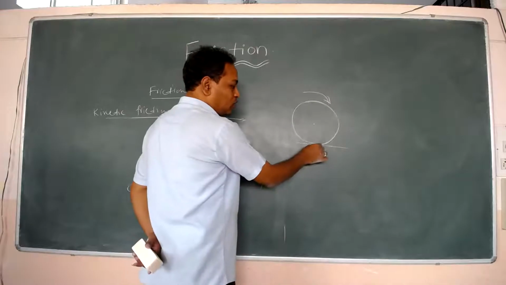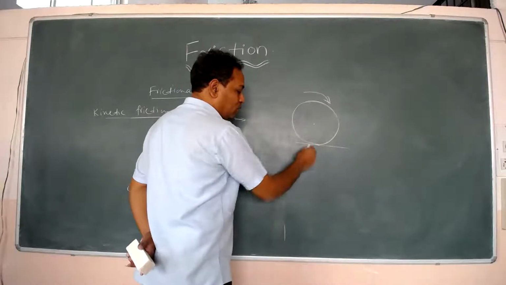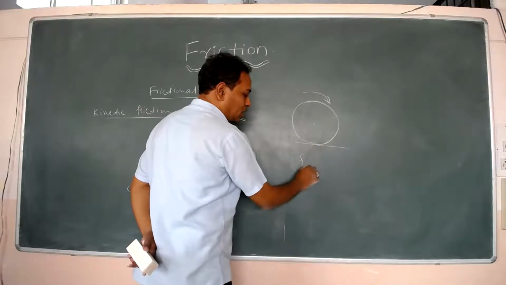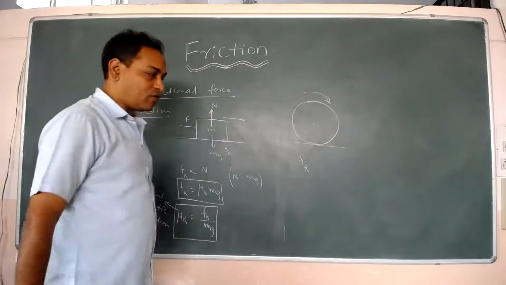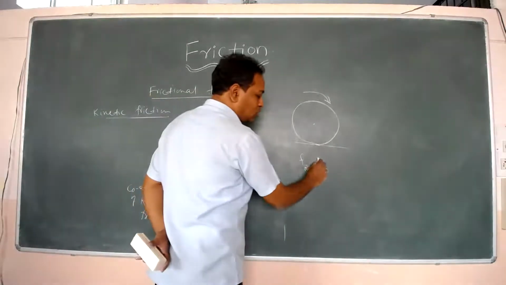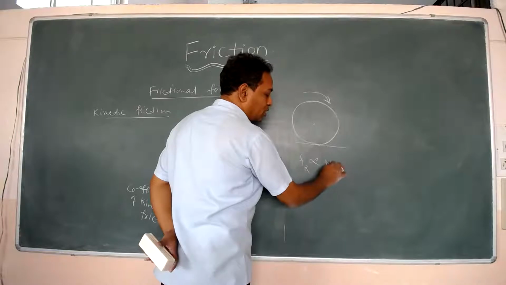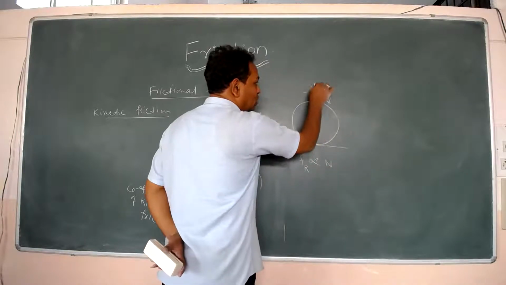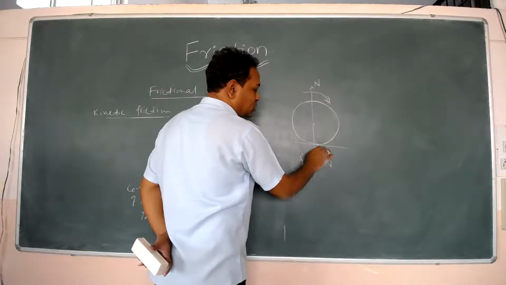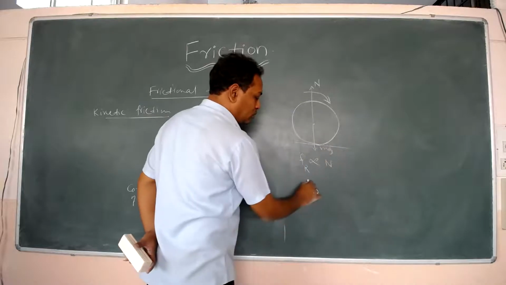Then what is the friction acting at this point? Here also there is a rolling friction, I will say Fr. Here Fr is called rolling friction. Here also it is directly proportional to the normal reaction. This is the normal reaction, and this is its weight mg. Therefore,